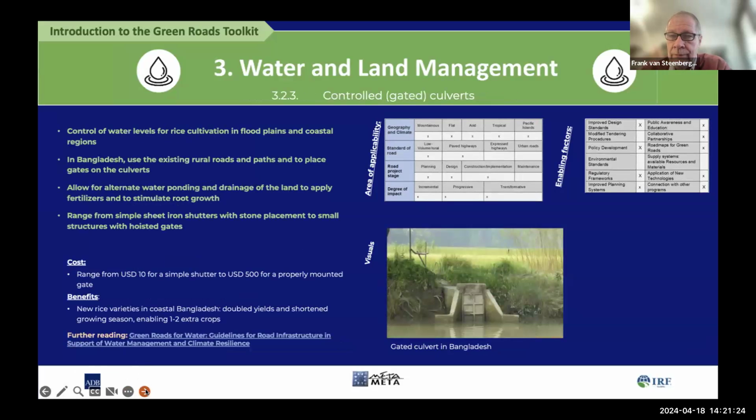Then another very important example. So far, I think some of the examples were more from arid and semi-arid areas where water harvesting is really key to resilience, to prosperity of farmers. But another example is in lowlands, particularly in coastal lowlands. What you can also do with the roads is they can manage the water levels around for the agriculture in the rural areas. And this is a very simple intervention from Bangladesh, where actually what happened in Bangladesh in the last